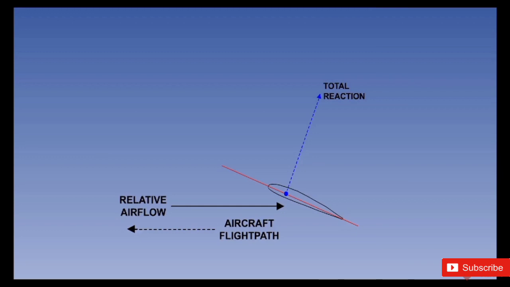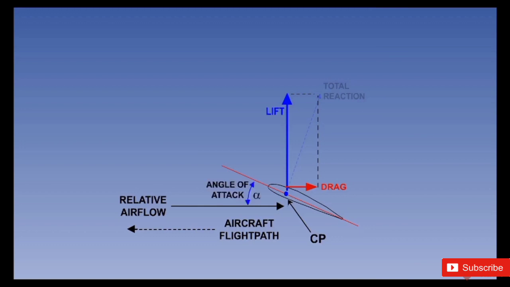If the airflow does not possess all these three characteristics, it is referred to as an effective airflow. The total aerodynamic force is the resultant of all the forces acting on an aerofoil section, namely lift and drag. The center of pressure, Cp, is the point on the chord line through which the lift is considered to act. Lift is the aerodynamic force generated by the aerofoil which acts 90 degrees to the relative wind.